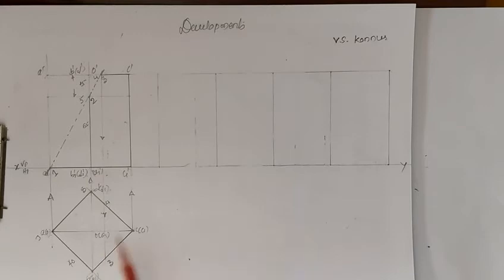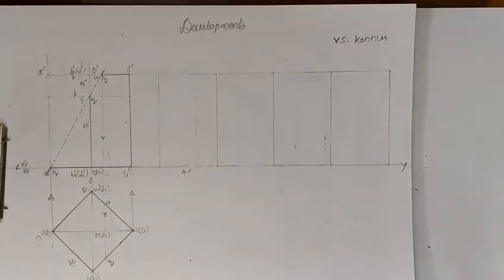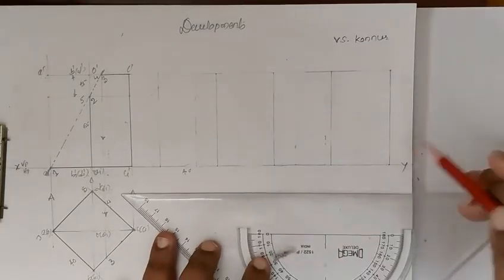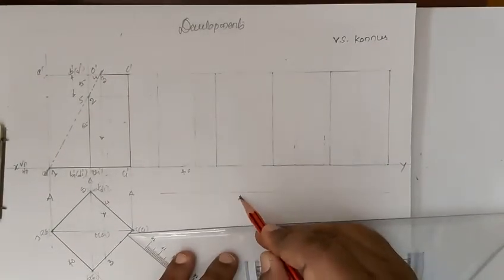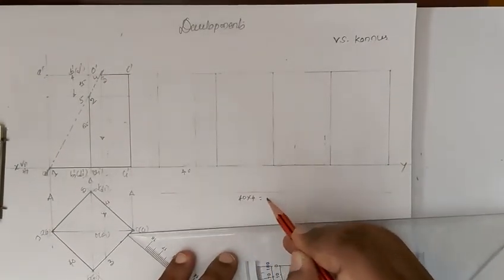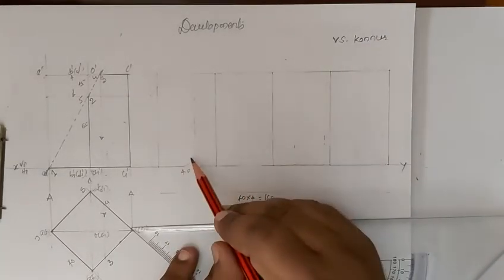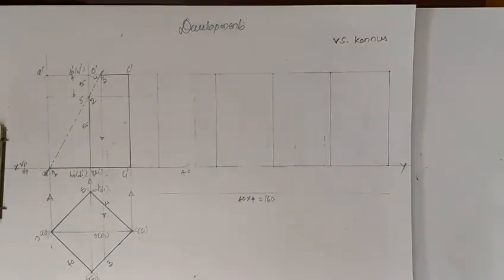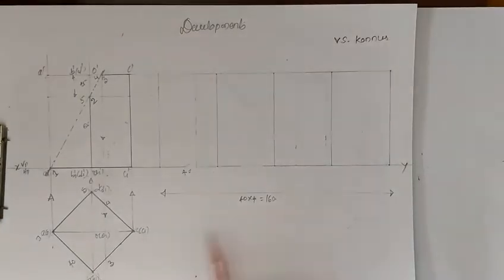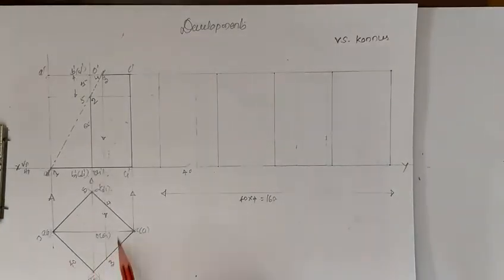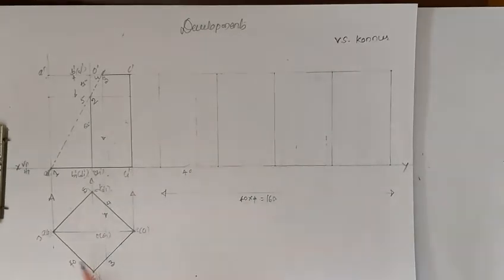Right, one side is 40 millimeter, and in total you will get a distance of 4 into 40, that is equal to 160 millimeter. You have to take the distance and divide it by 40 mm. One block is 40 mm. So this distance total is 160, because one side is 40 mm. So 40 into number of sides, 40 into 4, 160. Each side is 40 millimeter.